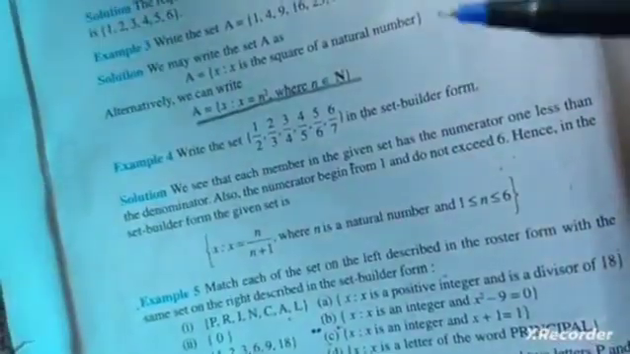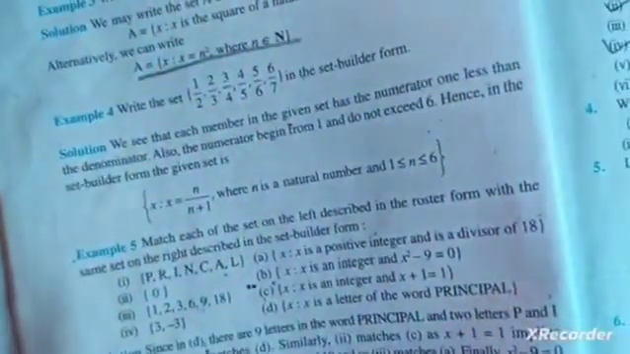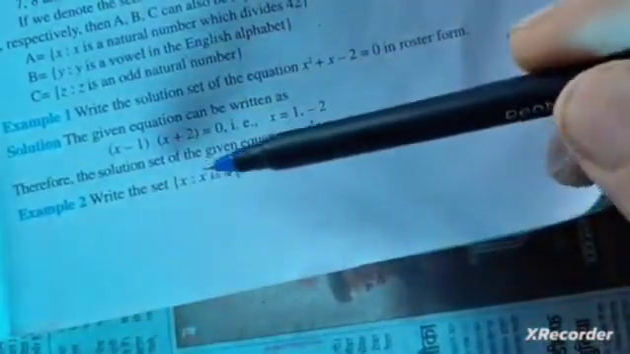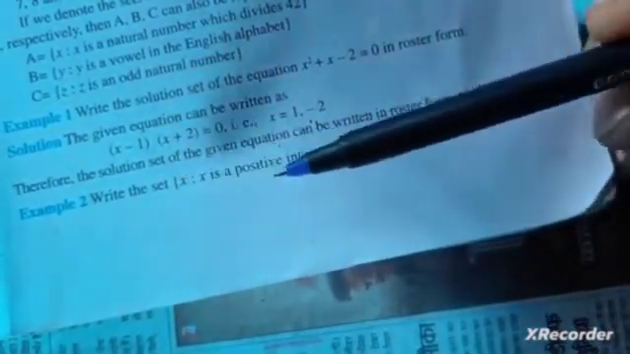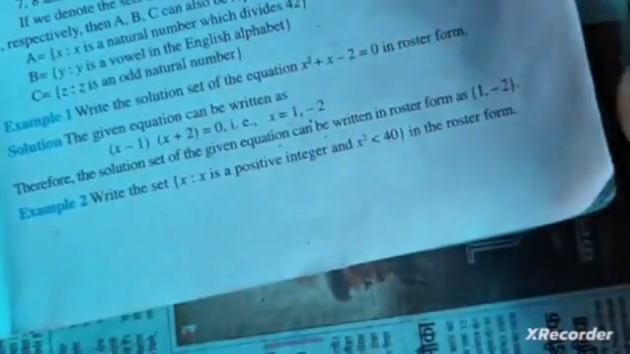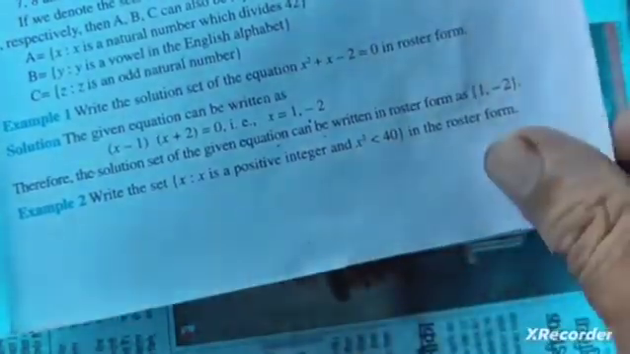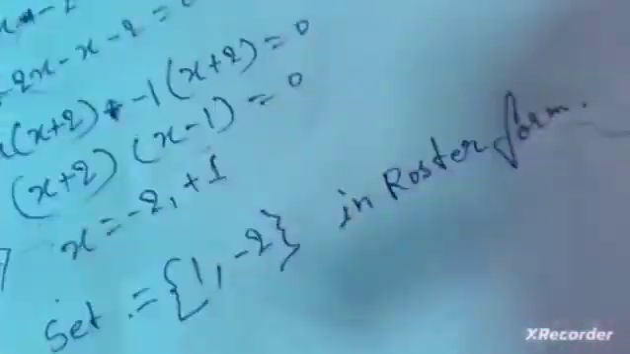Example number two. Write the set X, the set of all x such that x is a positive integer and x square is less than 40, in the roster form. So the solution is equal to